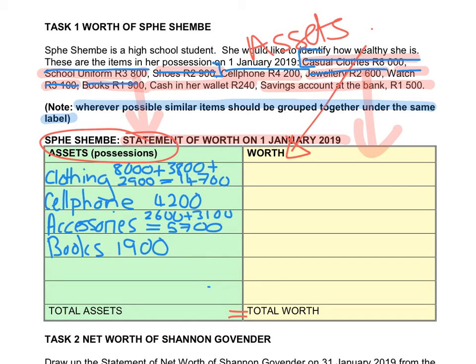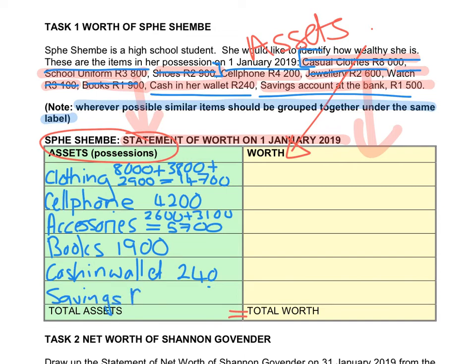The next two are cash in wallet and savings account. I'd like us to keep those separate, and the reason why will be given to you in a future lesson. So for now, just know that whenever we're dealing with cash in a wallet or a savings account, we keep them separate, and we literally write there cash in wallet 240 and savings account